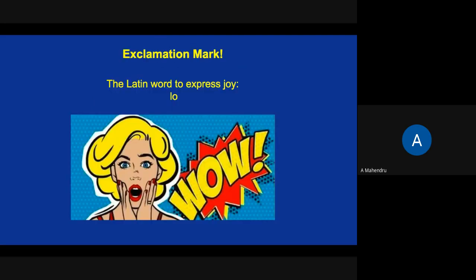So, Latin is one of the ancient languages of the world. There was a particular word in Latin for expressing joy, which was I-O. We used it in the same way, the I and O was used in the same way as we use wow nowadays. However, the word I-O was written in a horizontal pattern, and afterwards it started being written in a vertical style. It was in 1610 that the I-O writing style infused